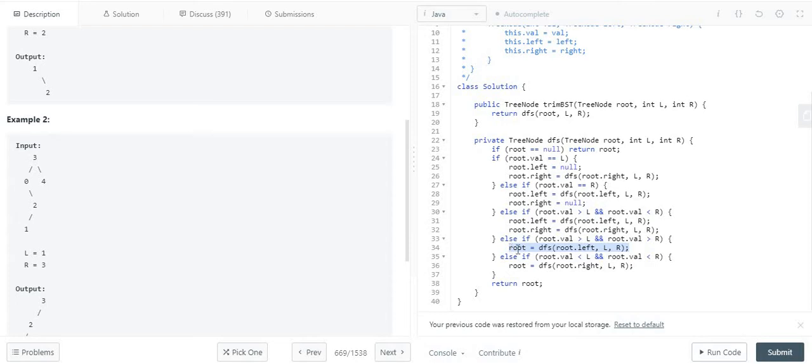That's why I write root is equal to DFS on the left side of the tree. And if there is a final case, where the root value is lesser than the right and the left value, then I have to perform the same on the right side. The exact opposite operation I perform on the right tree to form the root. This way I can form the entire tree, and finally I just have to return the root value over here.